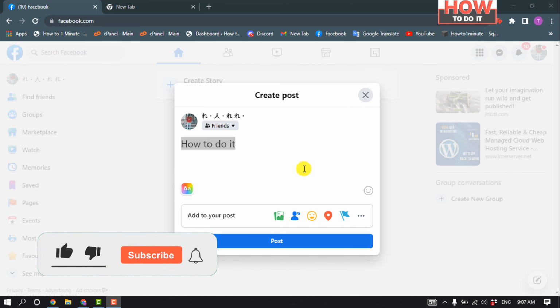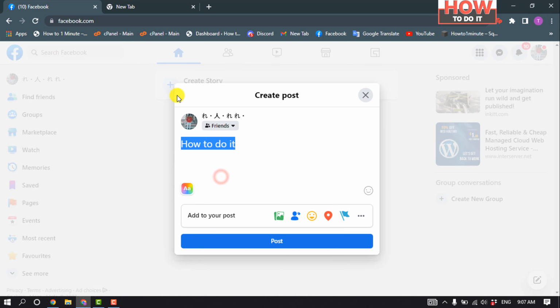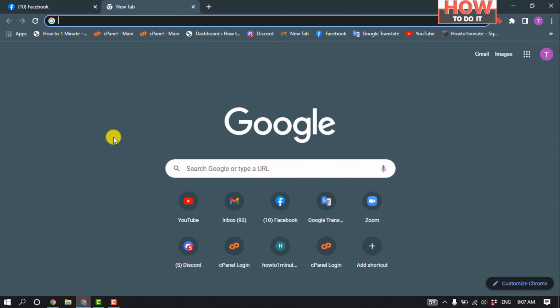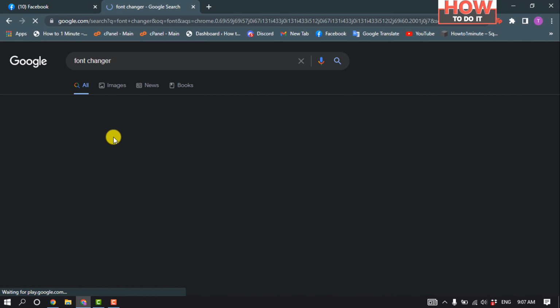First of all, open your Facebook, and for example I want to change this font, so I'm going to select and copy this text from here, open a new browser and type here "font changer". I'm going to open this first website and paste my post text here,